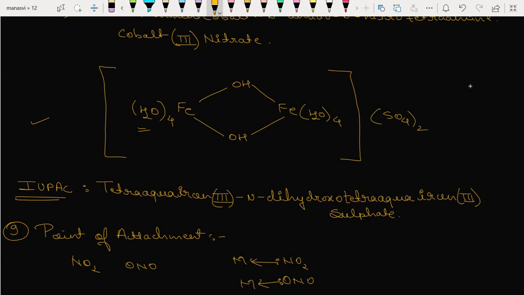Another example we'll take. Now here find the oxidation number of Fe first. Okay. H2O is neutral. The charge present on hydroxo is -1 and -1, and sulfate is -2, as told to you above on how to calculate it. Okay. Now we'll write the IUPAC nomenclature directly. This would be tetra aqua